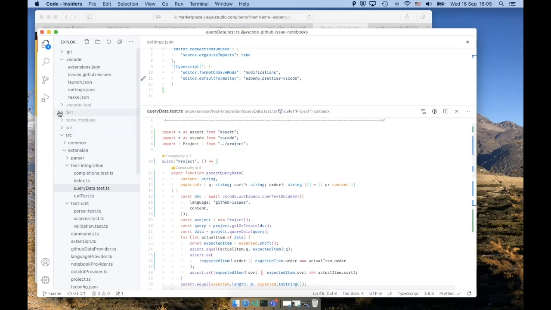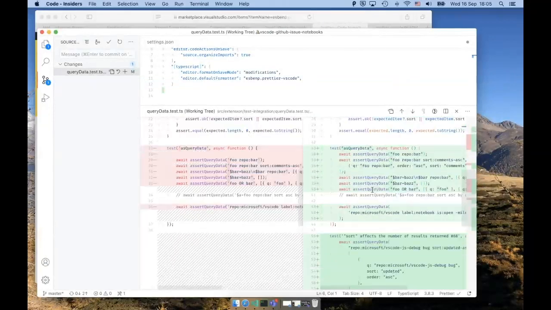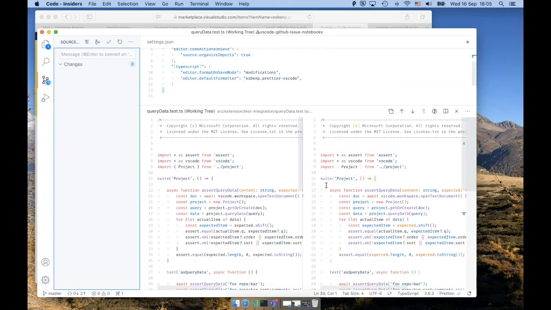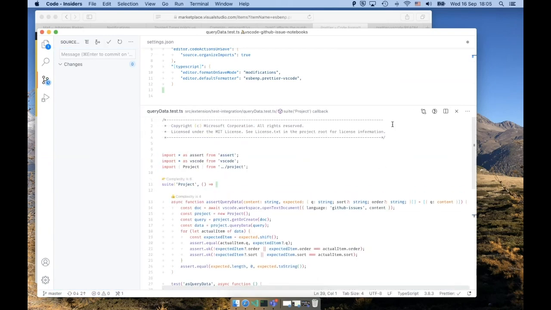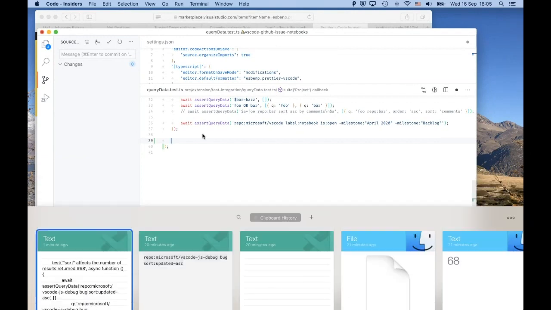If I save the file and head over to the Git viewlet, you see everything has changed. This might be fair, maybe you want this, but in the context of fixing a bug, if you look at the diff or the blame later, you see so many modified lines, you do not understand what has changed. So maybe this is a little bit too much. Let me undo this change and go back to my test,